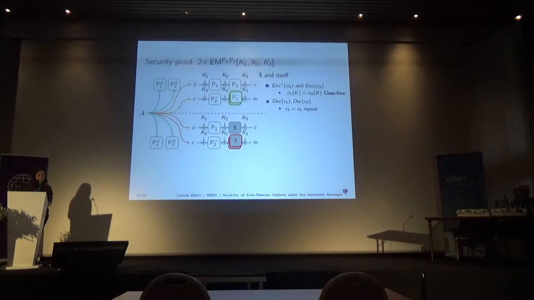He can also trigger this kind of collision by doing decryption queries, and if he asks to decrypt two different messages, C1 and C2, and then we will have the same value here, it means that C1 is equal to C2, and once again it cannot happen because it's forbidden by our Canadian rules.